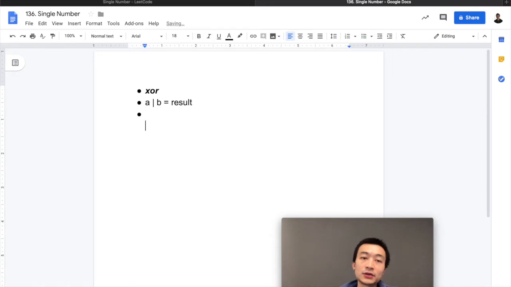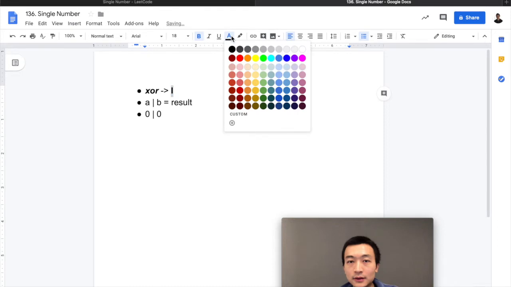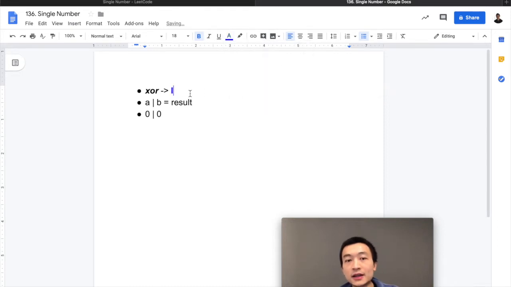And this is how we're going to illustrate this. Say 0 exclusive OR. So exclusive OR. This is the symbol of exclusive OR in computer science, which is just a strike here. So let's put, as I just said, if these two bits are exactly equal, either they are 0